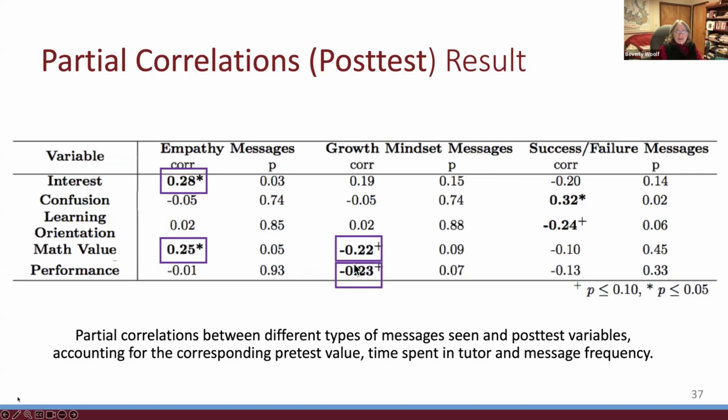That is how many right or wrong they get, which we haven't quite explained yet. And then the other is the success-failure feedback, saying yes, it's right, no, it's wrong. That leads to more confusion, which we thought would be the case, and it leads to a learning orientation being negative, in inverse proportion. So it's interesting. It's not all one, these interest and confusion, but it seems to respond to messages